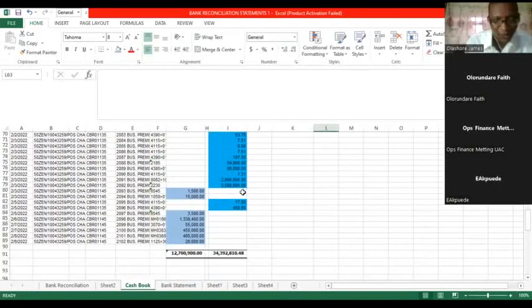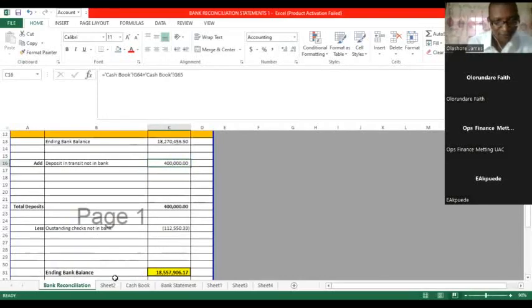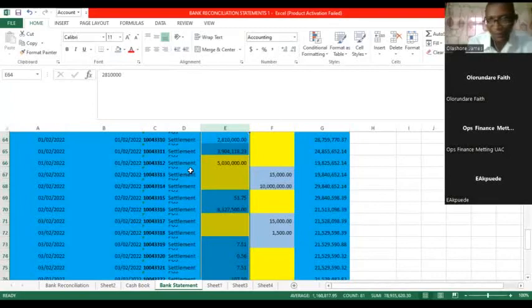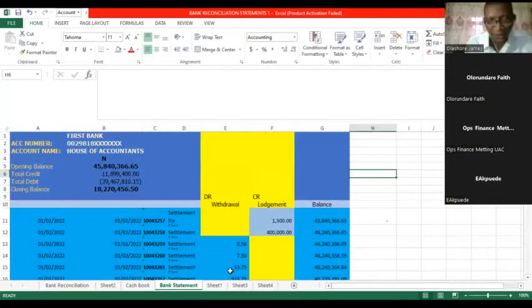So I think this is where I'm going to stop now because of our time. I think we have done justice to it. If you have any questions, please just ask. I will share the statement with you. I will share this with you so far. Then this bank statement, I'm going to share everything with you. So if you have any question now,